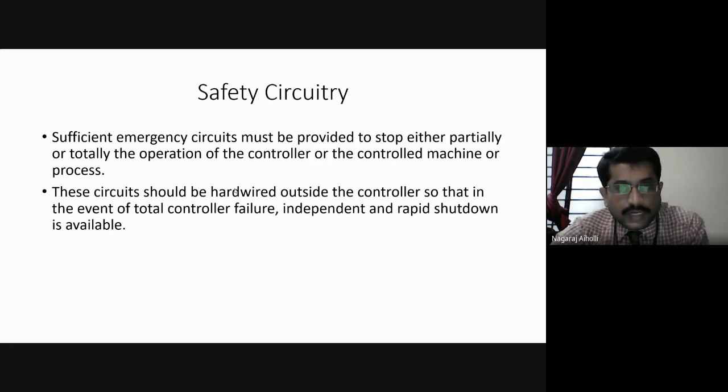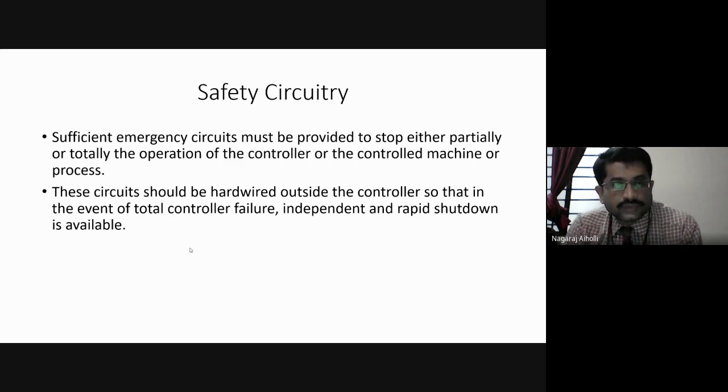These circuits should be hardwired outside the controller so that in the event of total controller failure, independent and rapid shutdown is available. That means the circuits which we are using for safety purposes are separate circuits apart from the PLC, which we make outside the PLC.